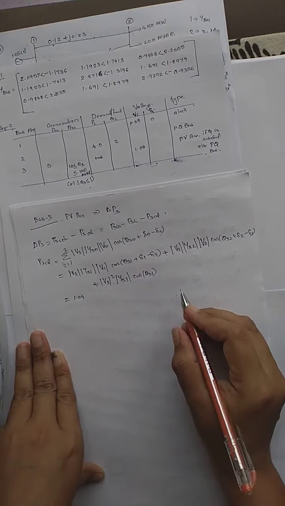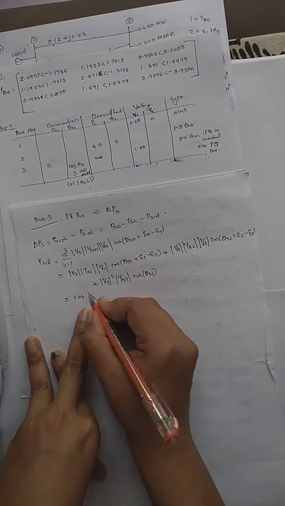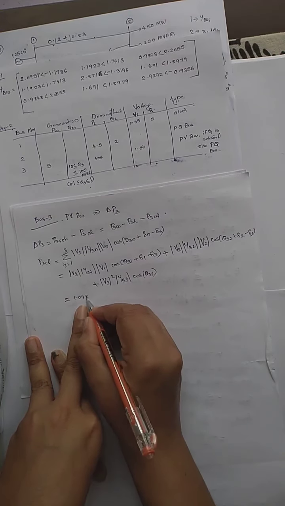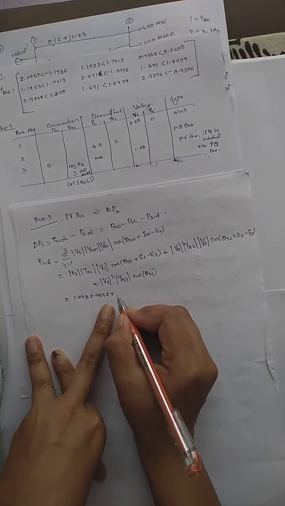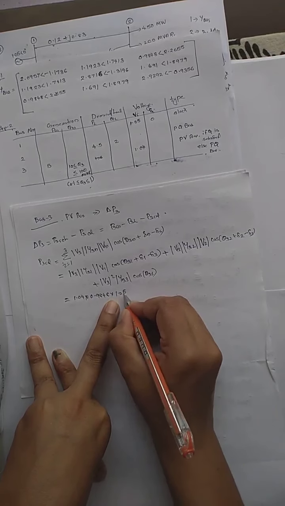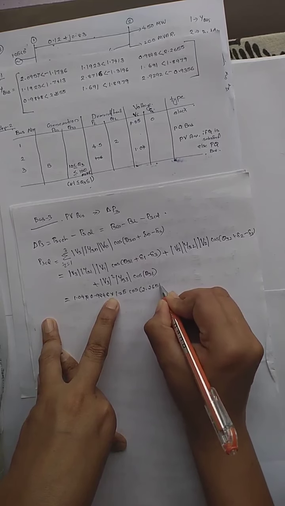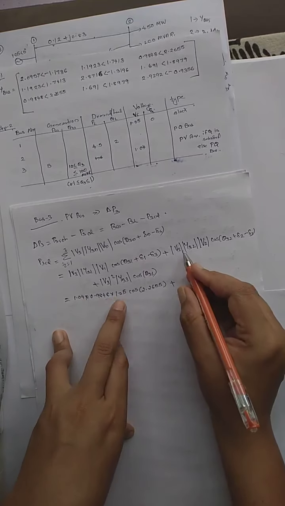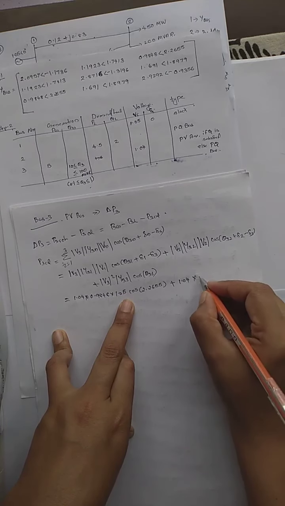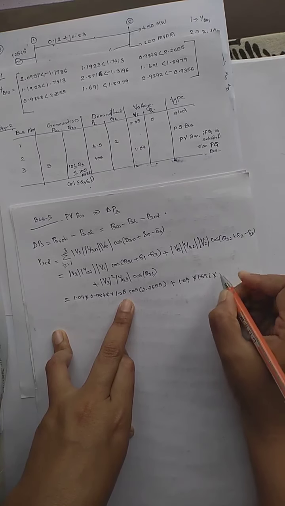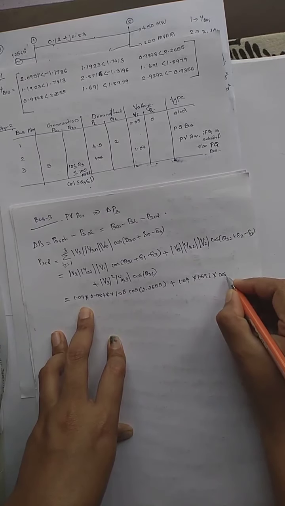Since V3 is here everywhere, I can write it as V3, 1.04, into common, or I can do 1.04 into Y31 value, which is 0.9848, into V1 value, which is 1.05, into cos of theta 31, which is 2.2655, plus V3 value 1.04 into Y32 value, which is 1.691, into V2 value, which is 1, so no need of writing, into cos 32 value, which is